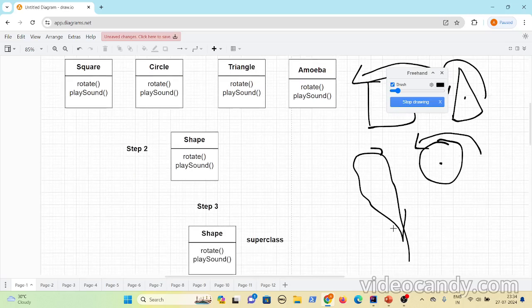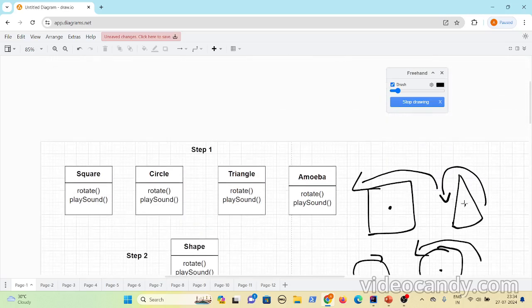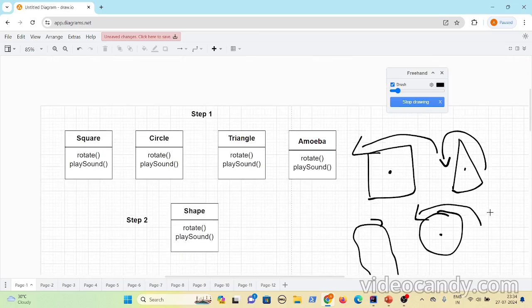Initially, let us consider that you have these three shapes. You have defined a square class, a circle class and a triangle class, and you have written rotate and play sound methods. Let's say the square has some mp3 file.